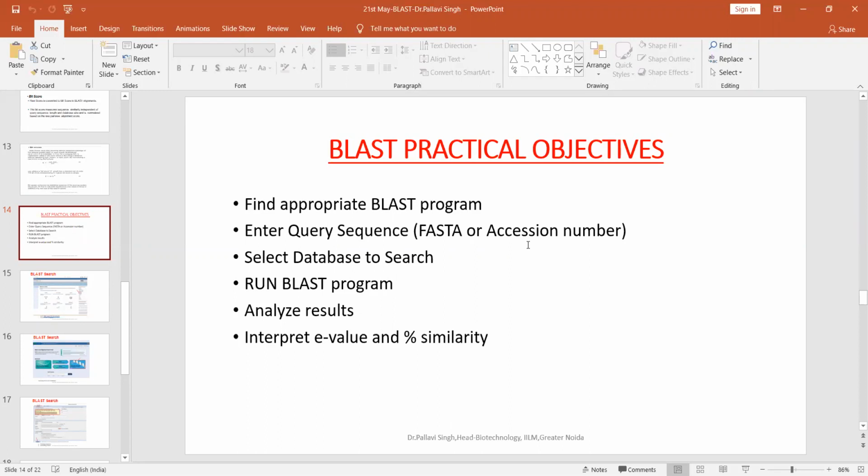Then you have to take your query sequence in FASTA format, or you can directly use the accession number of the query sequence as the input. Then select the database to search, run the BLAST program, and analyze the results. The results are analyzed mainly in terms of their percentage similarity, identity, and E value.